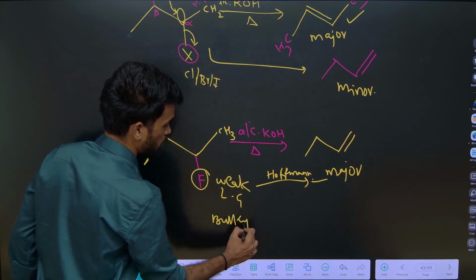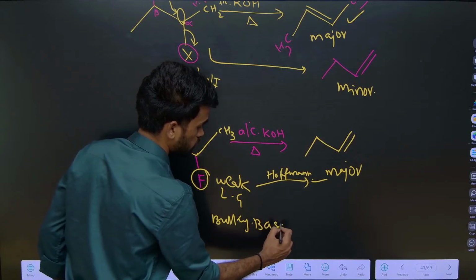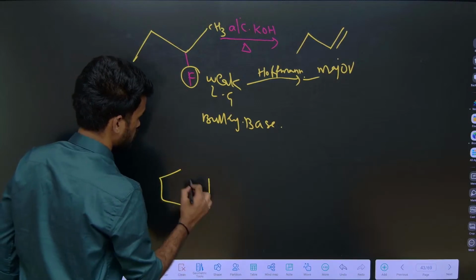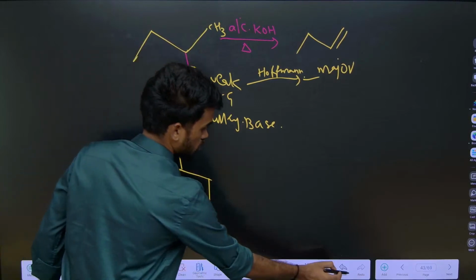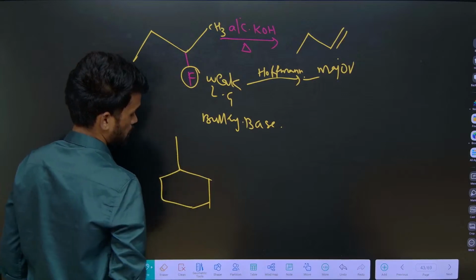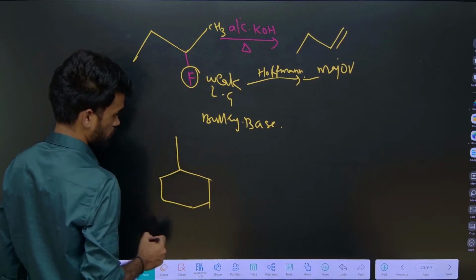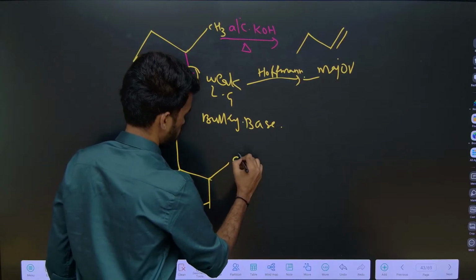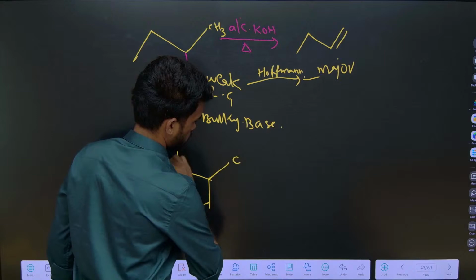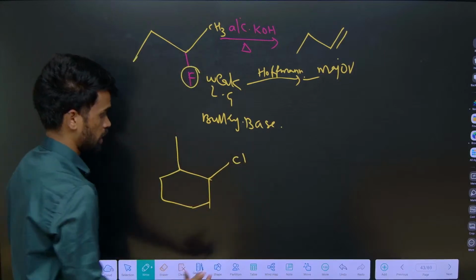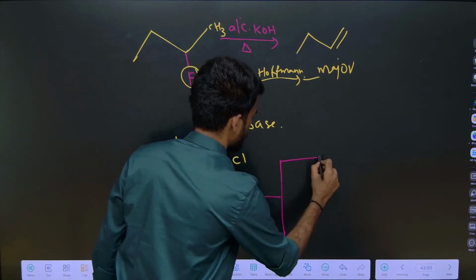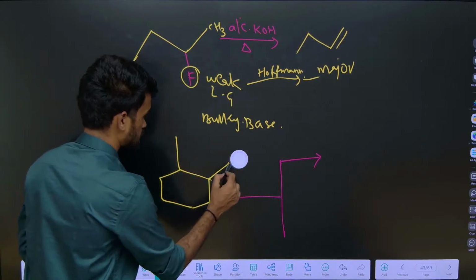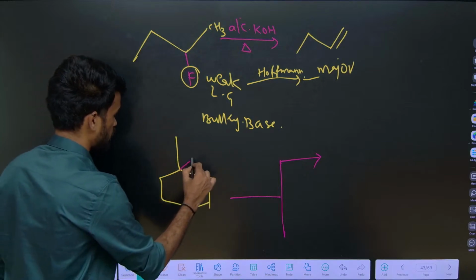so what do we mean by bulky base? I will show you now. Bulky base, for example, let us say I have a compound where chlorine is there. Okay, so for this, let's replace this from here to here, that will be more